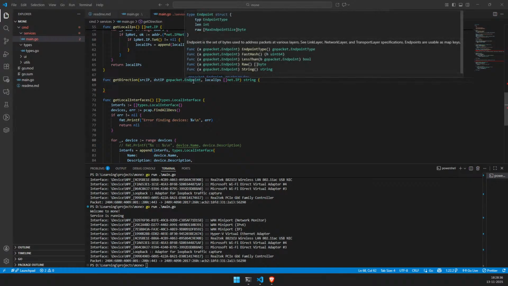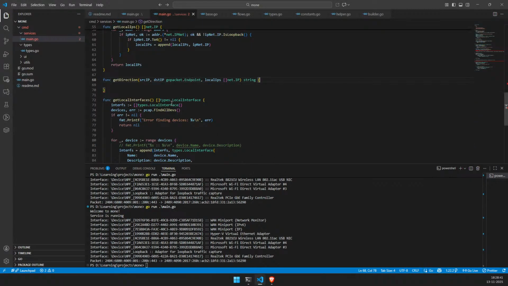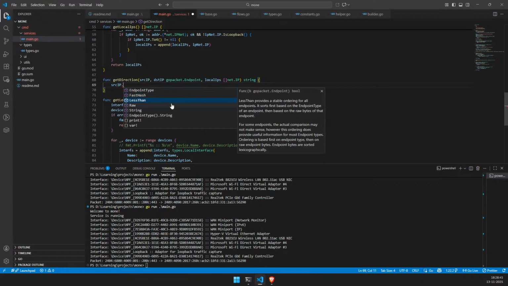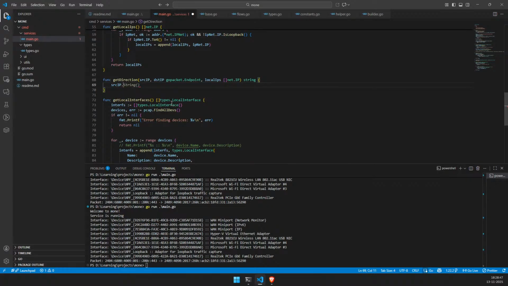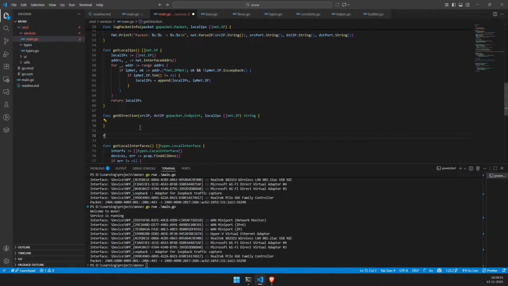It can be string. Okay, so instead we can have strings. No worries. In this one, we need to check if the current IP is the local IP. So let's have a function isLocalIP. We have the IP and